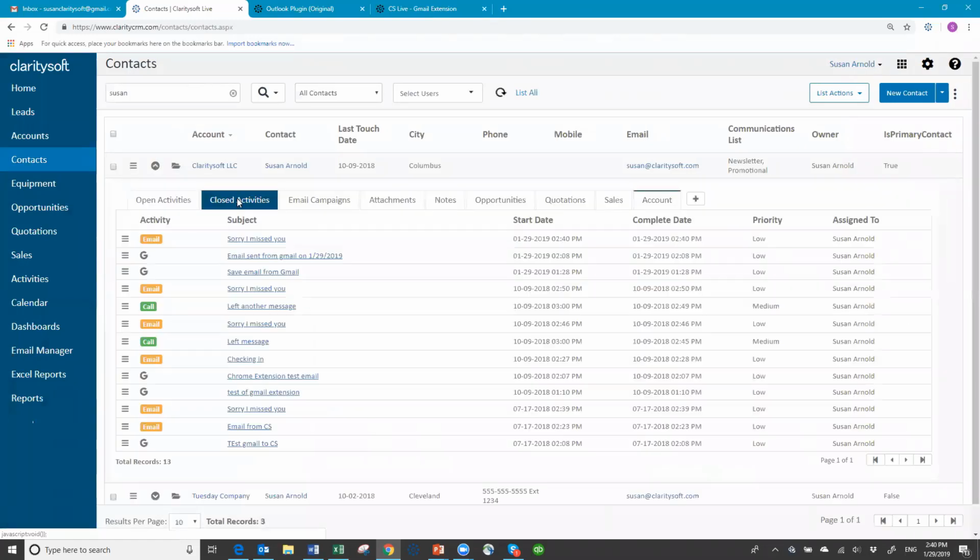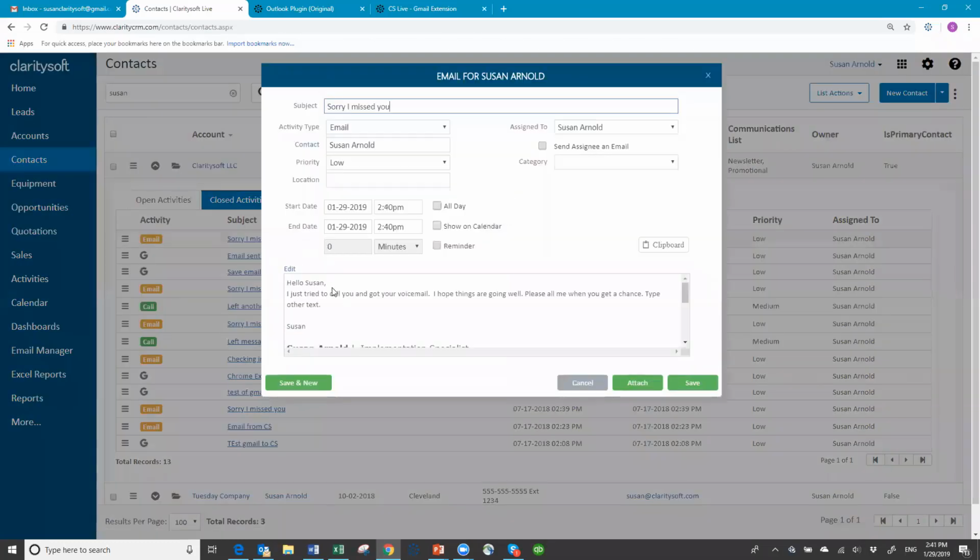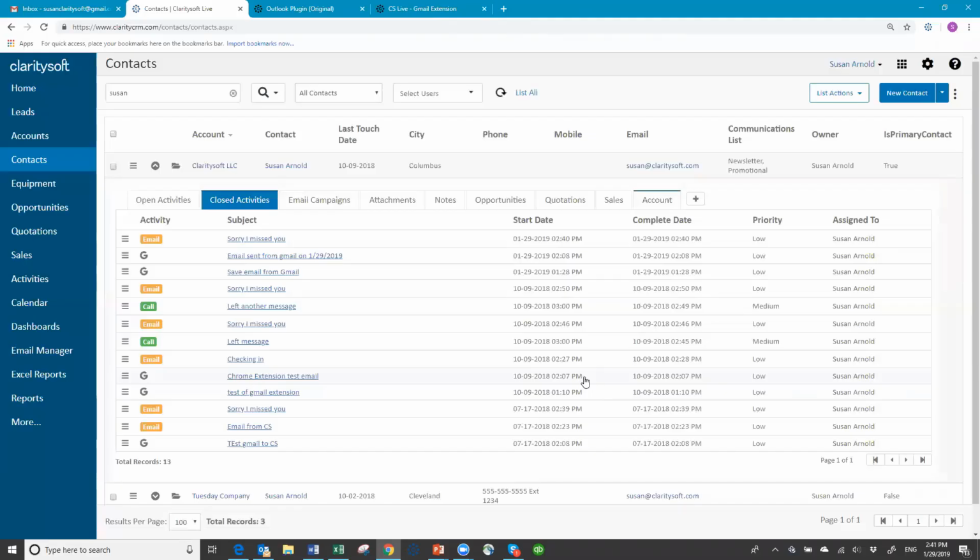And here is the email here. So it's automatically saved as a closed activity for Susan. And if you click on it, then you'll see your text, and there it put in her name where it had the first name field. So it's all done. That was less than 10 or 15 seconds to do, and you're finished and ready